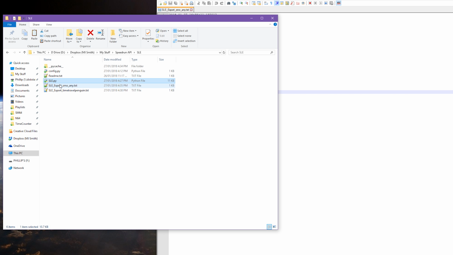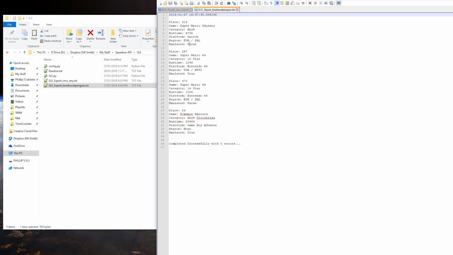So here, the files it creates are either SLE export and it shows you the game and the category, or it's SLE export and the username. So if I open the username, you can see here the time that I initiated the program, followed by all of the things that it exported. And here, as you can see, it has an export set to seconds, again, for more spreadsheet